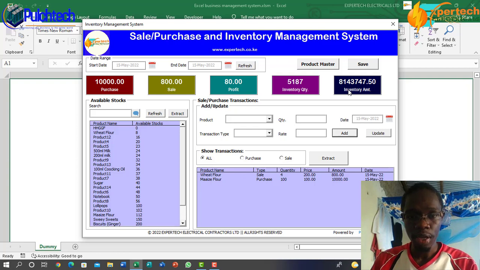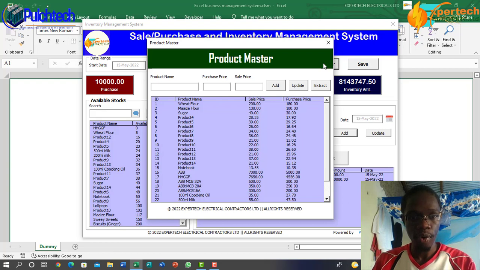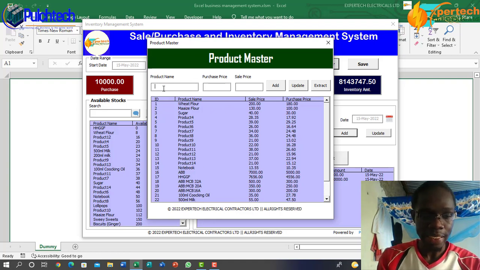So just to add on that, maybe you want to add a new item that is not within the stock. You are just going to click on product master. If you click on product master, then you can see that these are the items in the system. So I just want to add a product that is not within this system. So let me just try adding, which food type should I add? Let me add salad